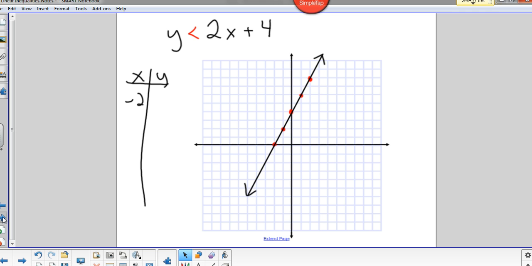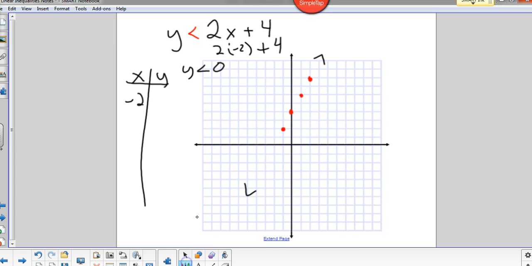If it is not an equality, if it's a linear inequality, now we want the y's that are less than 2x plus 4. So if we put negative 2 in for x, 2 times negative 2 would be negative 4. Negative 4 plus 4 is 0. So as long as the y is less than 0, we have a true statement. Can the y be equal to 0? Well, no. So for negative 2 for x, 0 is not a solution. So what we should do is actually erase that point. If I get rid of my line,